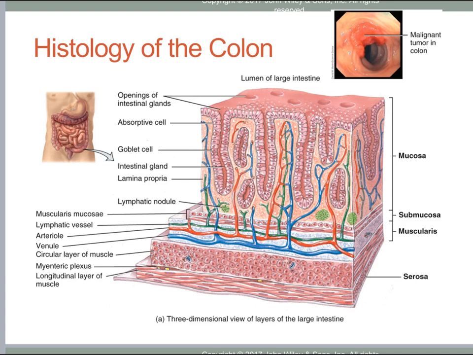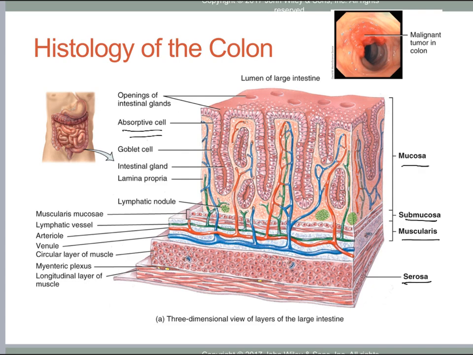Histology of the colon. Notice that it looks starkly different from our small intestine, which had plicae circularis and villi, but notice that we retain these absorptive cells, these microvilli, that are going to allow us to absorb. So we're going to start macro and work our way in. We start with our four layers: our mucosa, our submucosa, our muscularis, and our